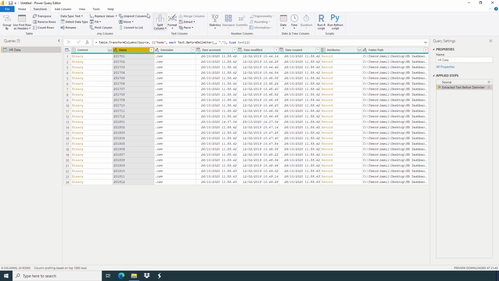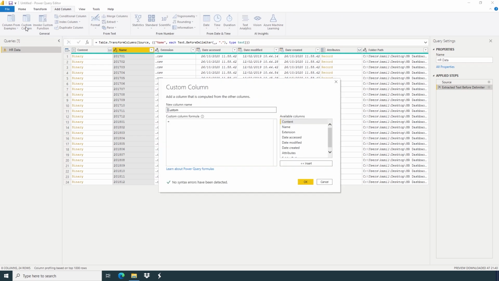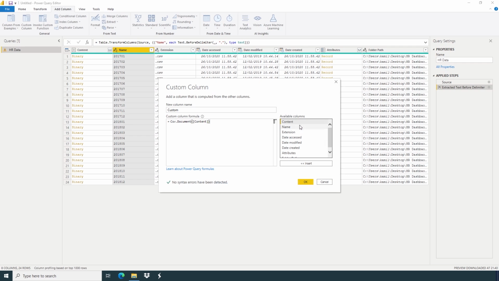Now I'm gonna add one new column, add column, custom column. Now here I'm gonna write CSV.Document and Content. Or if you want you can just click here.